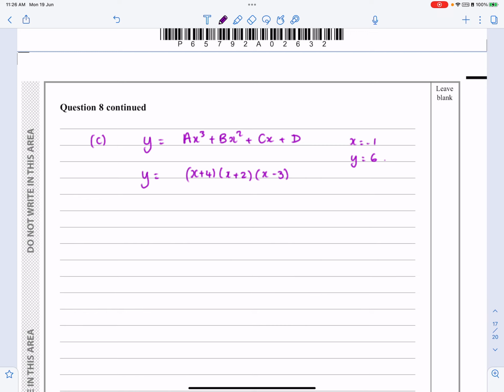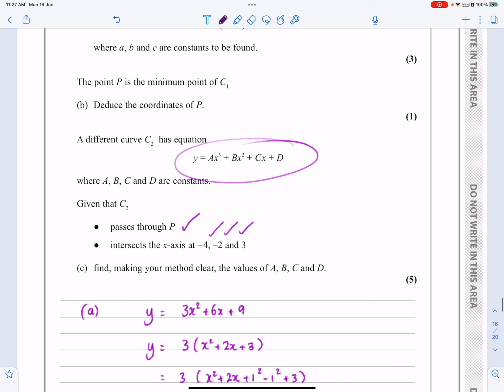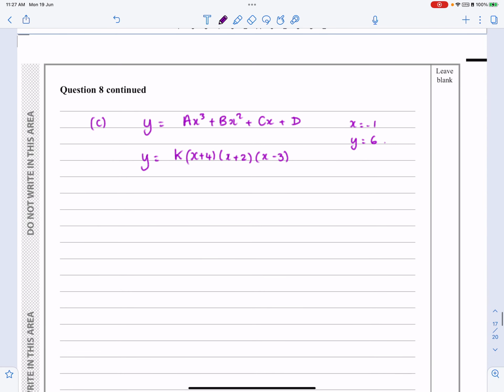So we've already got c in the question, so I'm going to use that. This is the key to answering this question. So just stop and go back and have a look at where I've got that from. Okay, we know it hits at minus 4, at minus 2, and at 3 there. So that gives me that, and that as my possibilities for factors. Once I've got that then,